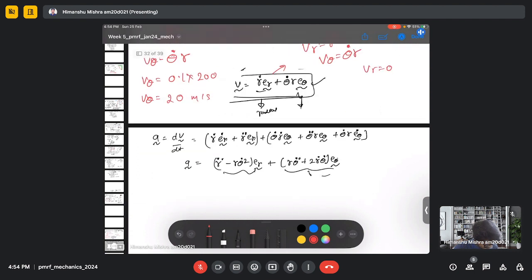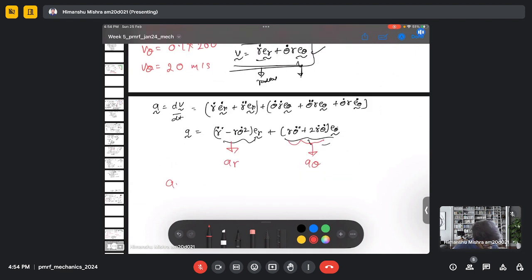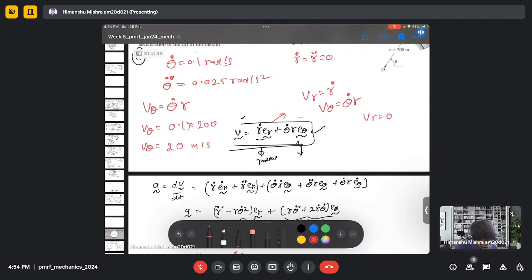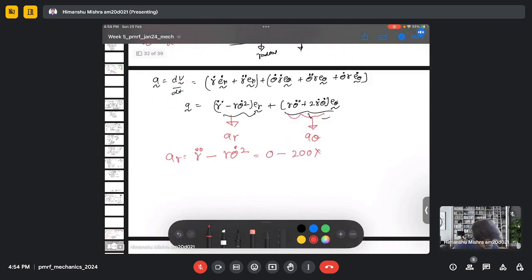And similarly for the acceleration, this is my ar and this component is my a theta. So ar is r double dot minus r theta dot square, which is 0 minus 200 multiplied by theta dot square, which is 0.1 square. So my ar is minus 2 meter per second square,